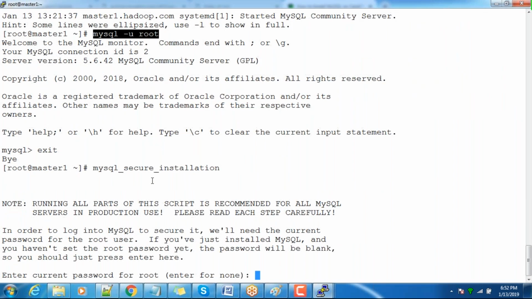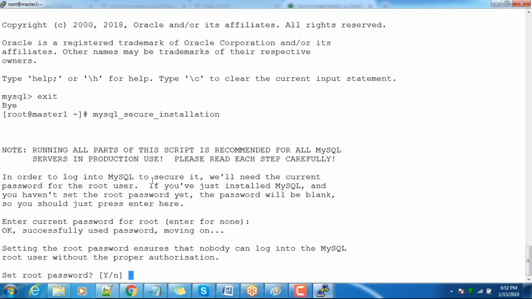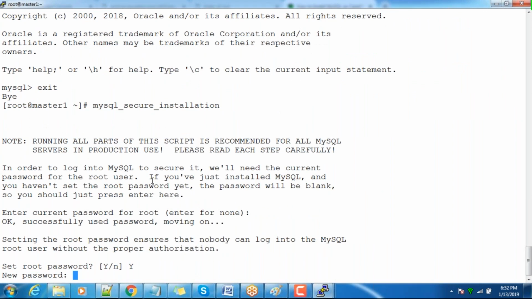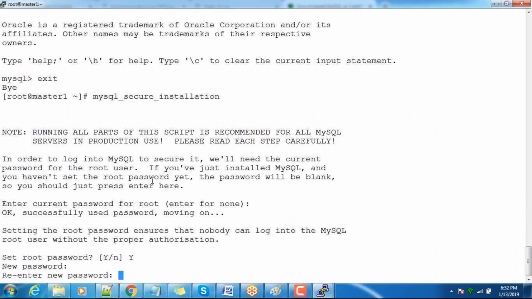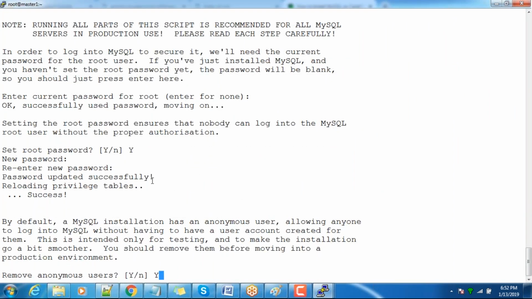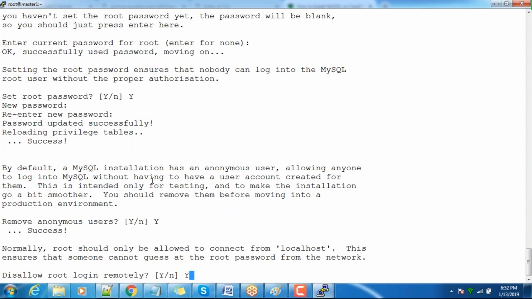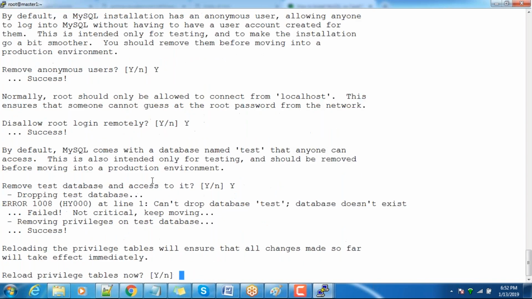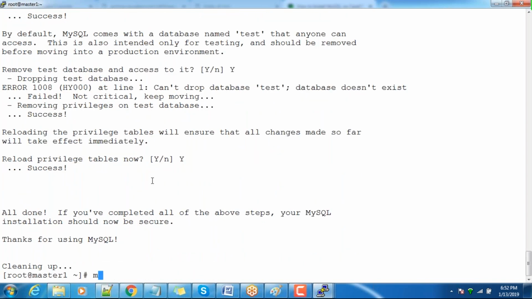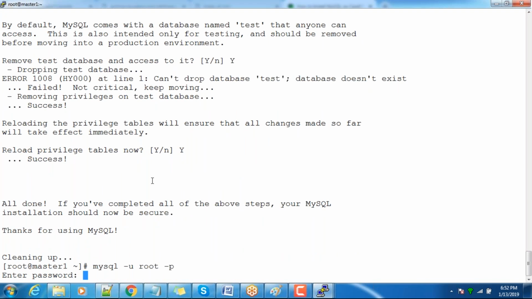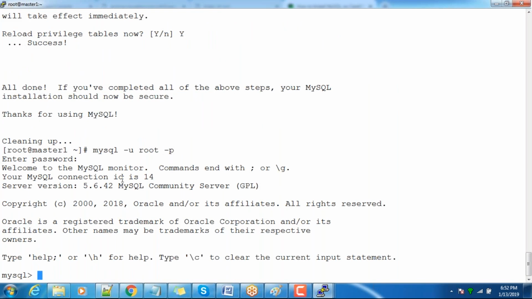Current password, just press enter. Setting the password, yes, we will type the password for this root user, for MySQL. Remove anonymous users, yes, disallow remote root login, yes. Okay, and now if I use mysql -u root -p, then once prompted, I can type whatever password I set. So we have just set the password here,